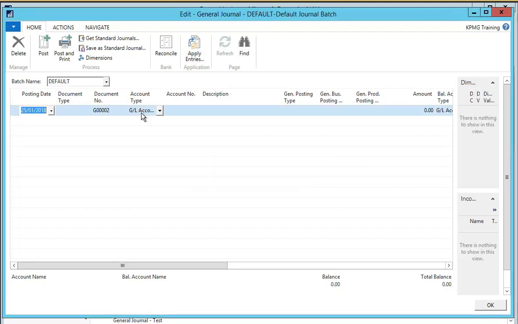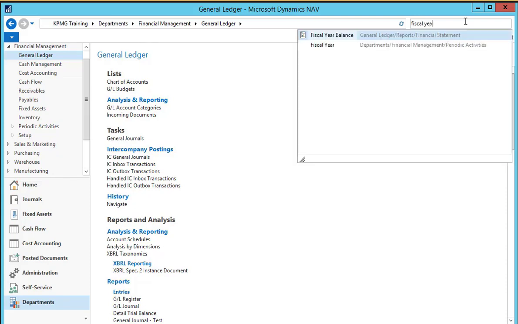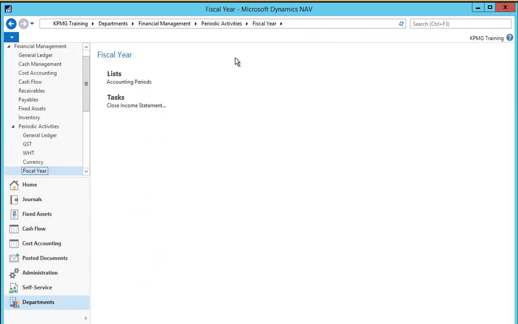After we've posted the journal, we need to run the close income statement again so that we ensure that this and any other transactions are closed off. These transactions are tagged with a prior year transaction setting so that it recognises it when we run the close income statement function again. So if we go back to our fiscal year menu and we select our close income statement again,